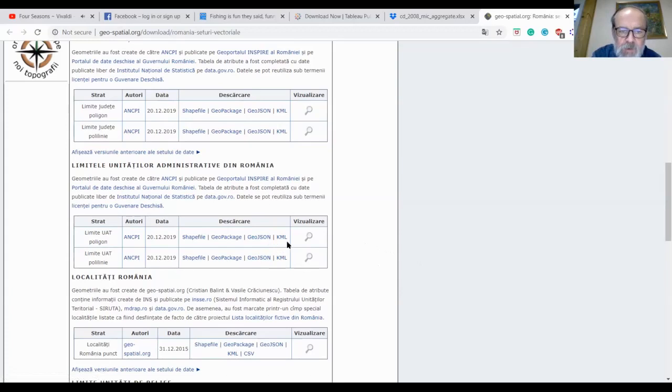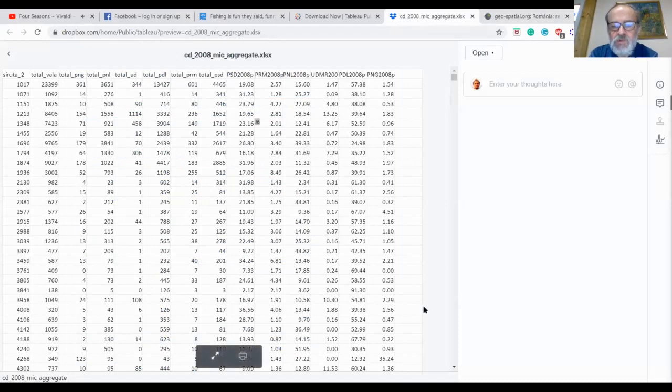So you download this data set, and the electoral data. So if you have Tableau Public installed on your computer, you have these two data sets, you're ready to go.